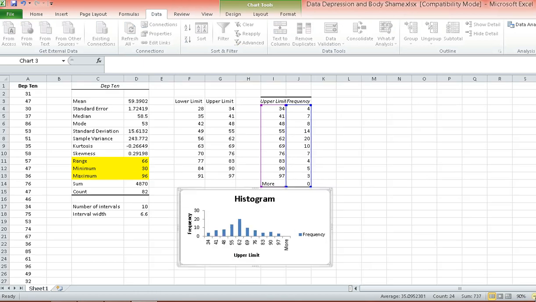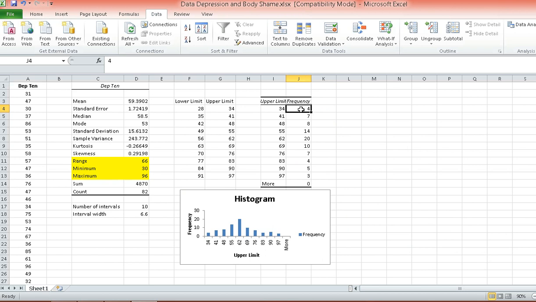Alright, so there is our bin, and here is our frequency. Now first, let's deal with this table.